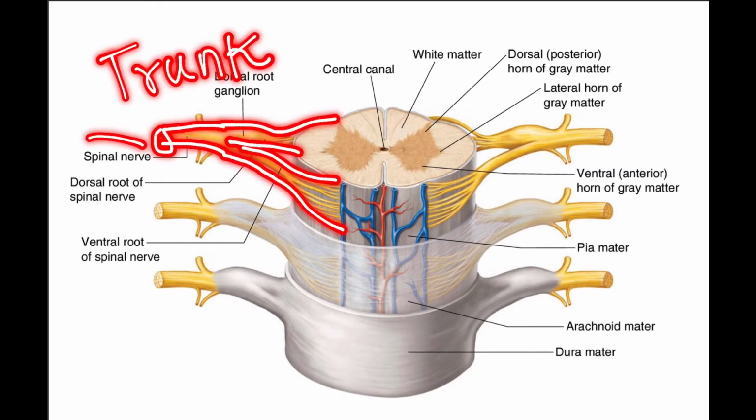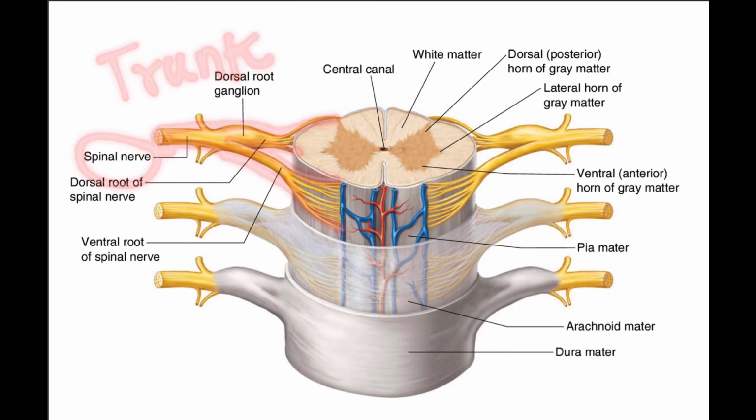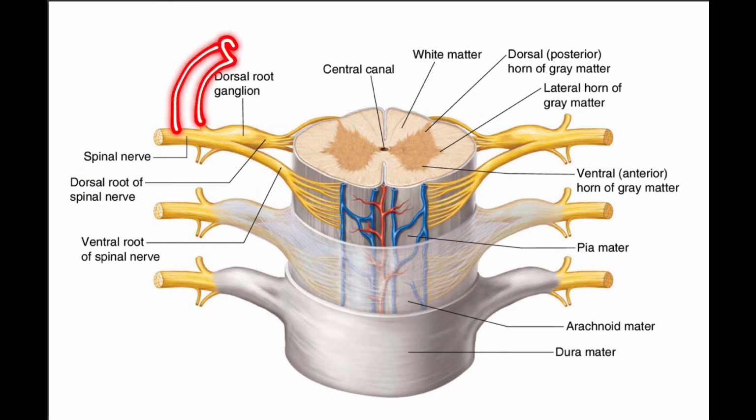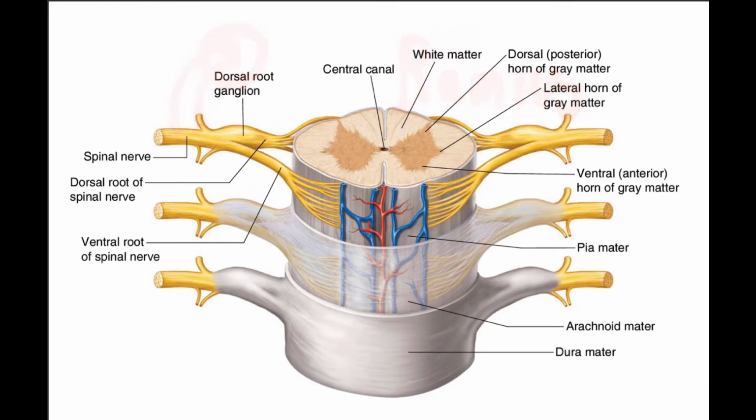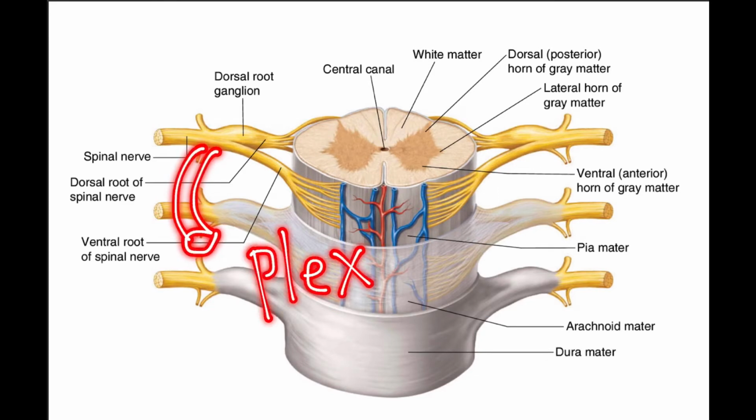It is known as the spinal nerve, and if the spinal nerve goes to the posterior side of the body, that is to the back side of the body, we call it the posterior ramus, and if it goes to the anterior side of the body, we call it the anterior ramus. This anterior ramus will form the plexus of the anterior side of the body, such as the brachial plexus, etc.